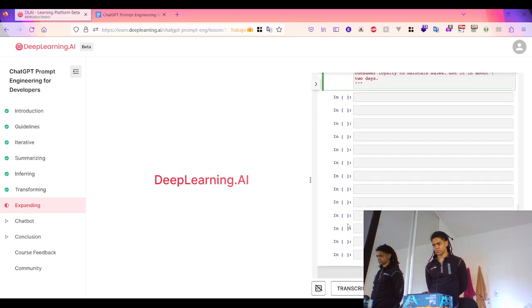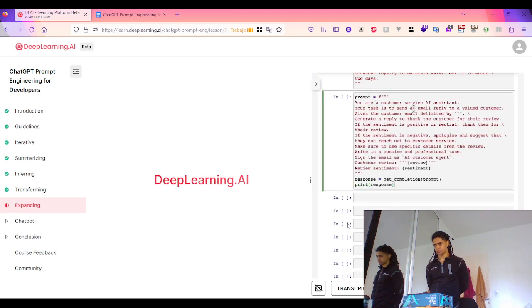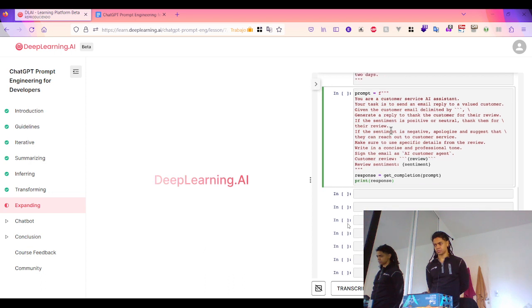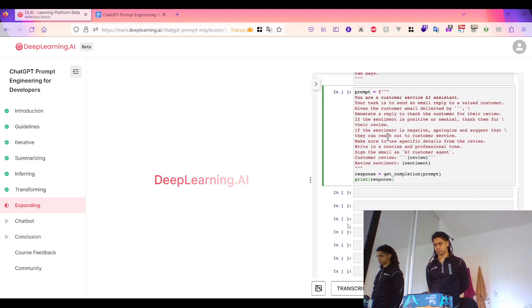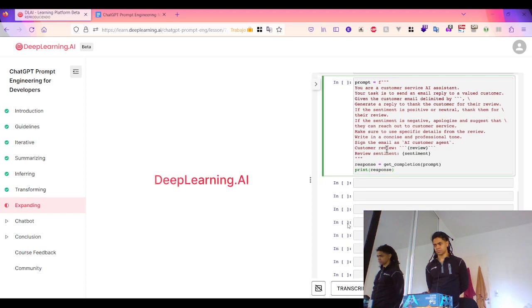And now we're going to customize the reply based on the sentiment. Here the instruction is, you are a customer service AI assistant. Your task is to send an email reply to a valued customer. Given the customer email delimited by 3 backticks, generate a reply to thank the customer for their review. If the sentiment is positive or neutral, thank them for their review. If the sentiment is negative, apologize and suggest that they can reach out to customer service. Make sure to use specific details from the review, write in a concise and professional tone, and sign the email